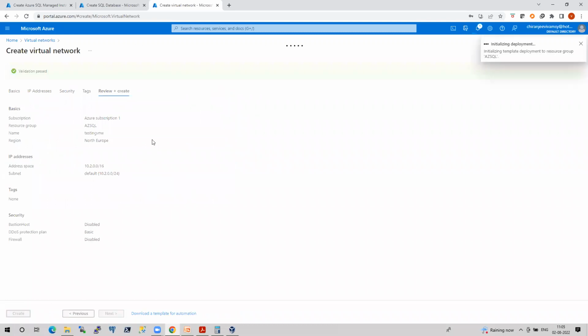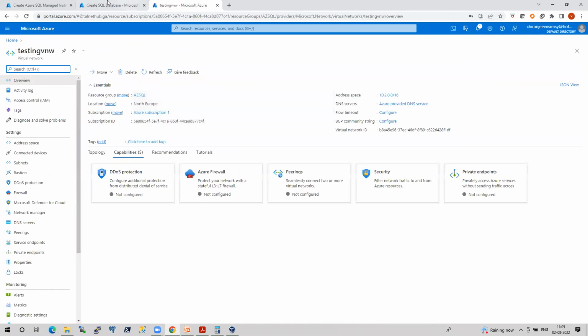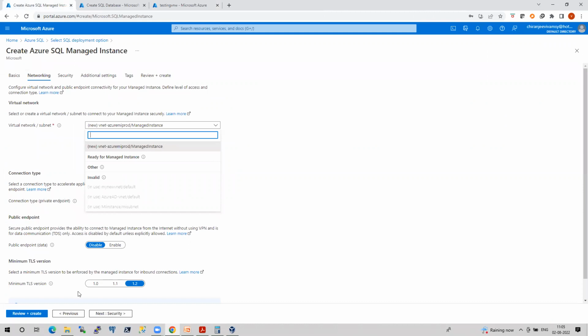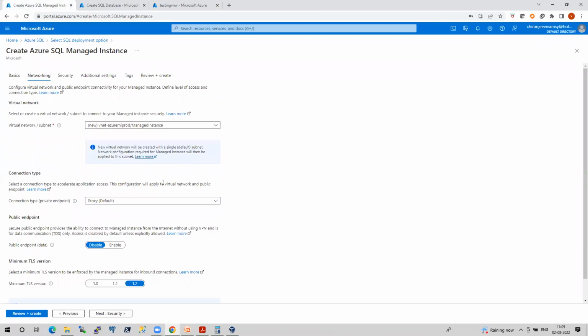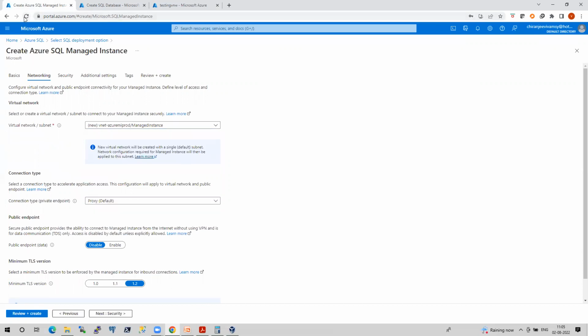That's it. My question is, will it take this network? I mean, will it make use of this network that I'm going to create? Okay, it's got created. Now go to the VM. And here I cannot refresh, I think. Let's go to the previous and now go to the network. And if you see, it's not picking. Let's refresh this from here.